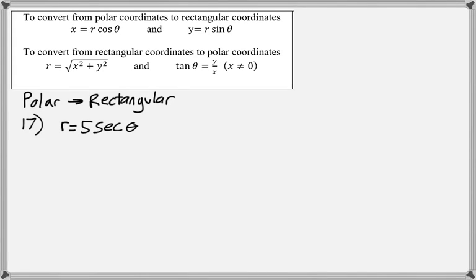So we can have polar equations and we can have rectangular equations, and we should be able to convert between the two. So that's what these questions are really asking: to convert the following polar equations into the equivalent rectangular or Cartesian form. So I have r is equal to 5 secant of theta, and then using these formulas that I have here, I really want to have a final answer